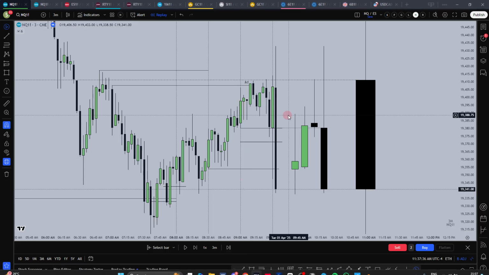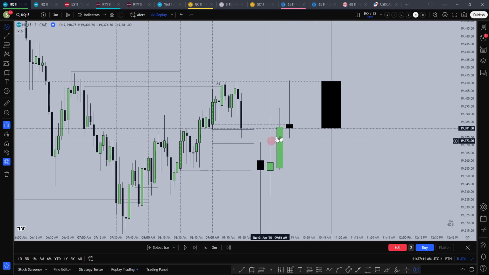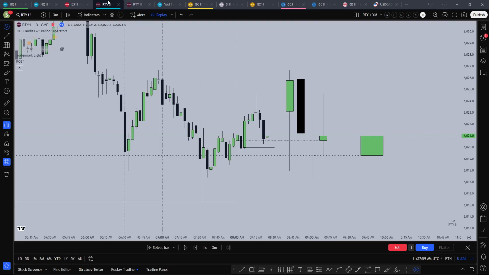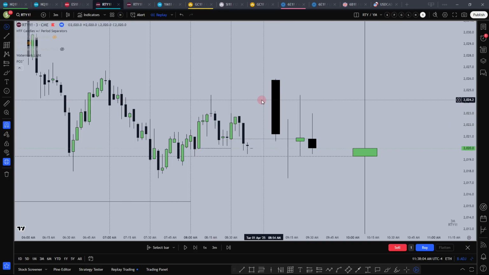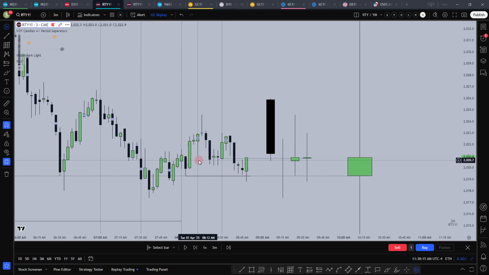Now having a look at ES, 9:30 here. M15 structure. Let us clear it a bit. M15. I'm sorry, I totally forgot about these two. So I did take this long on NQ. Makes sense as I would have been stopped out on RTY, but NQ structure was much more appealing to me. That's why I took it there.